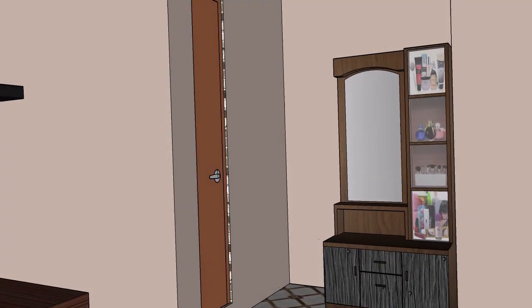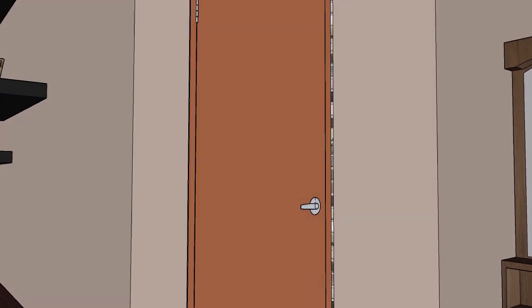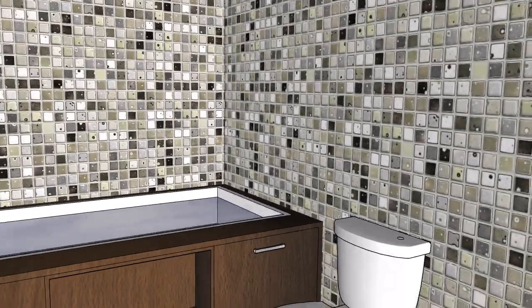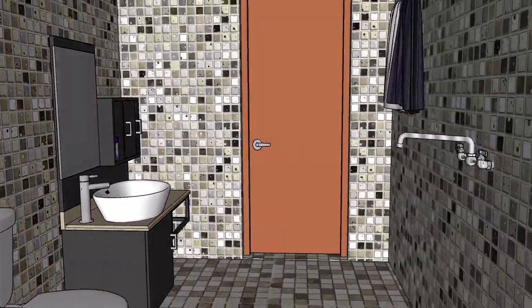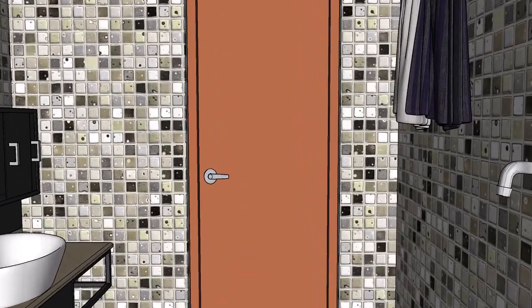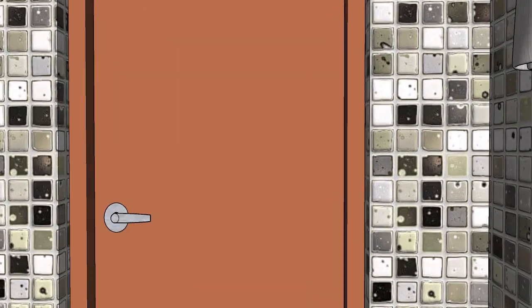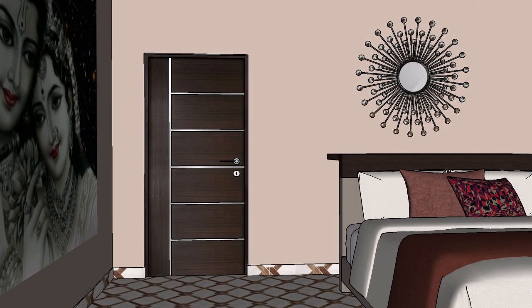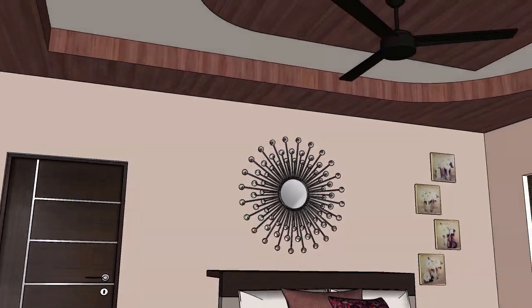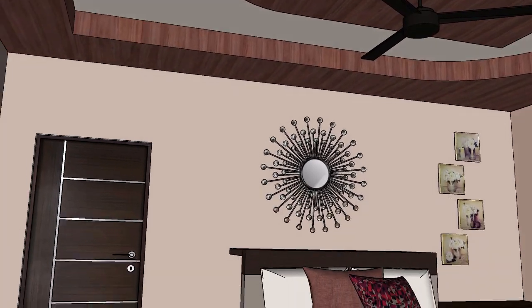We have one washroom and dressing room attached to this. We have a simple false ceiling in the master bedroom with a wooden finish.